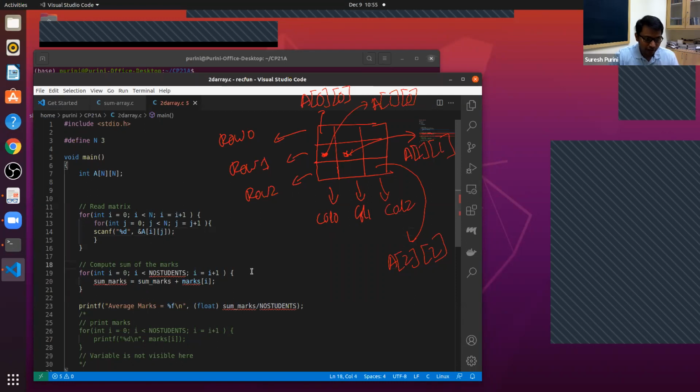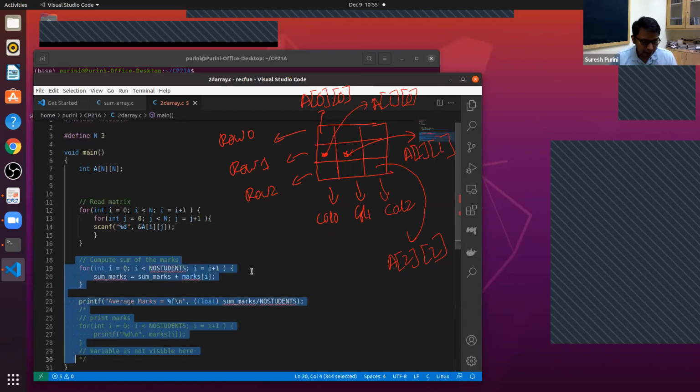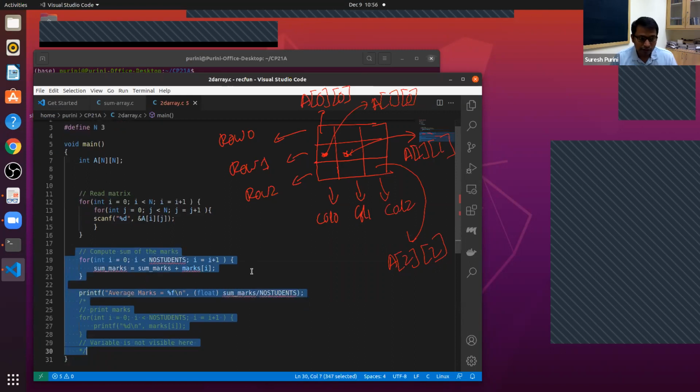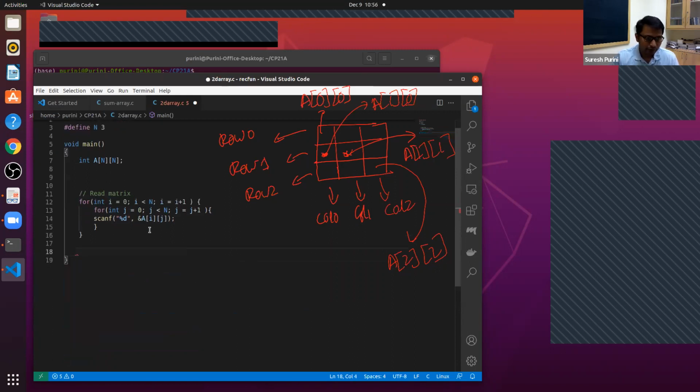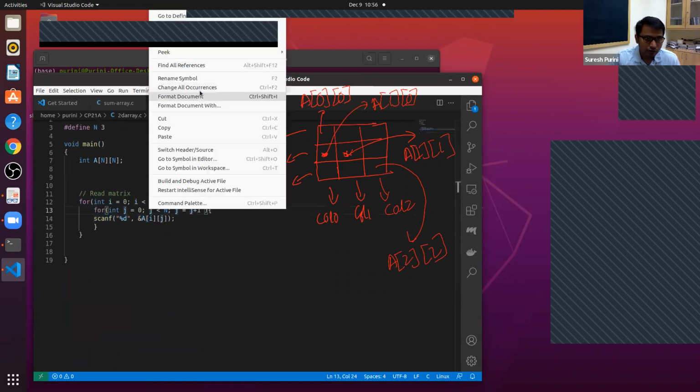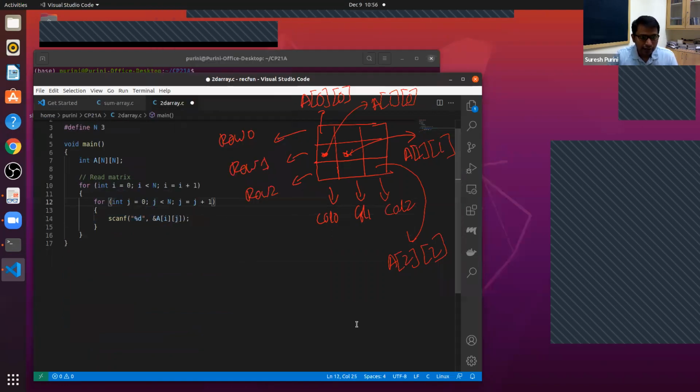Let's format the document. Are you seeing the code now clearly? Does the code make sense?